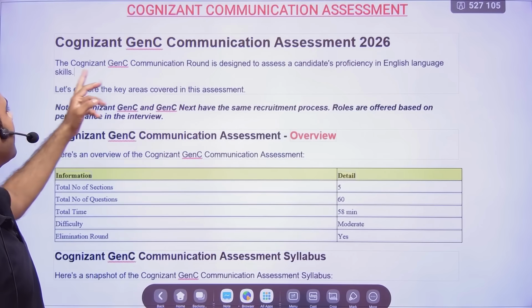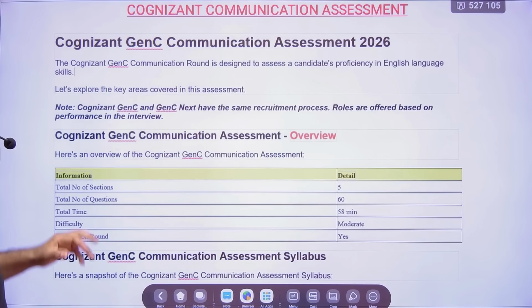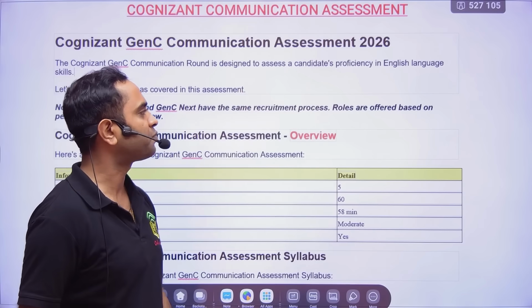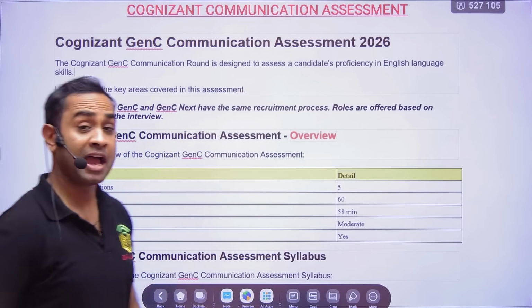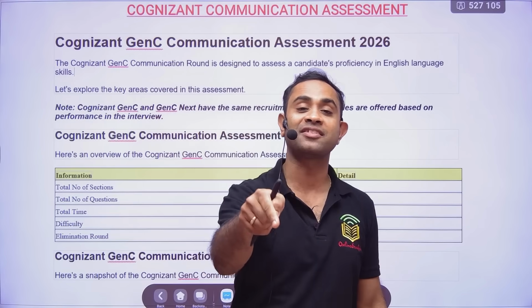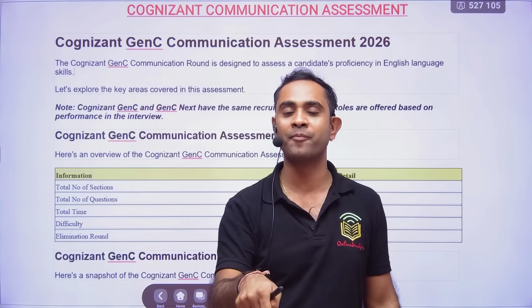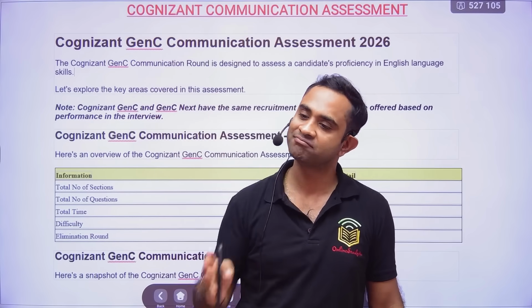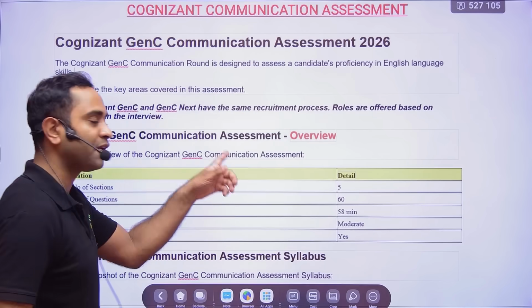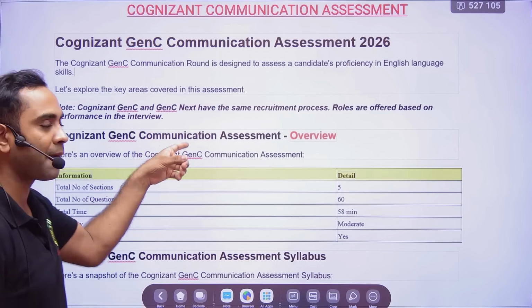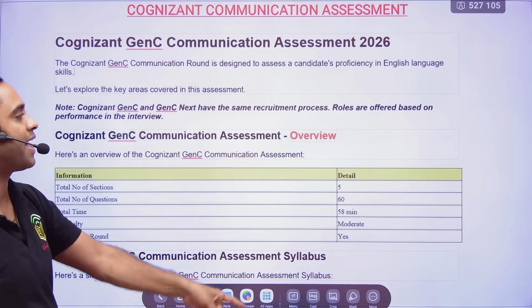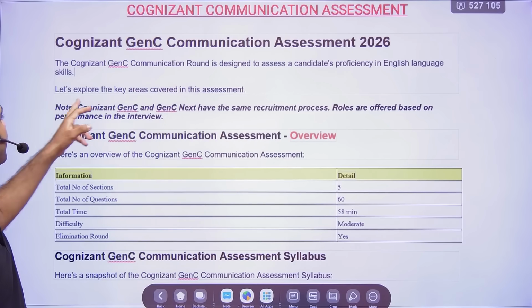Cognizant GenC communication assessment 2026. The Cognizant GenC communication round is designed to assess a candidate's proficiency in English language skills. I will demand that all the managers and senior level people of Cognizant also take this test. Not only freshers, even the people who are working in Cognizant should take it, because this should not be a criteria to hire candidates in any of the exams. Let's explore the key areas